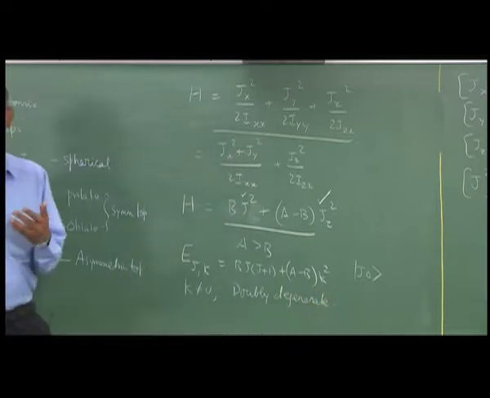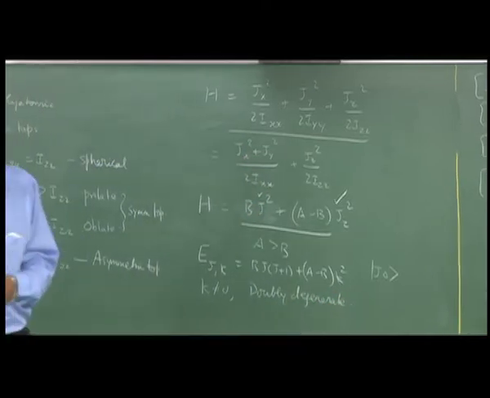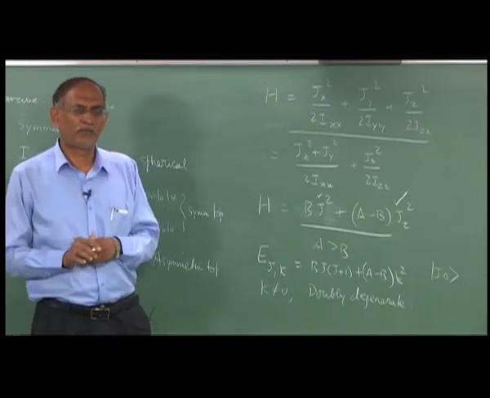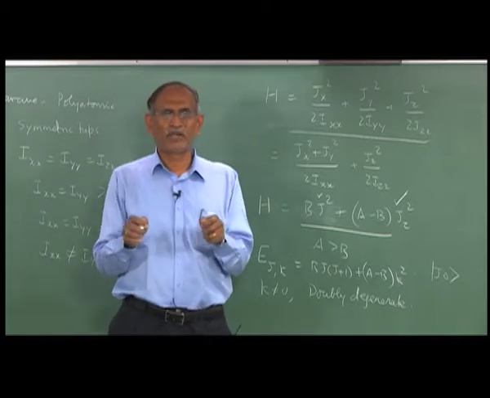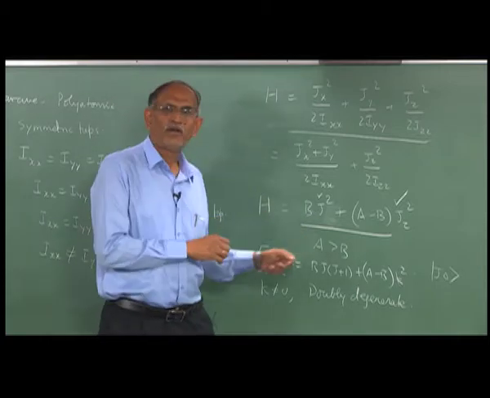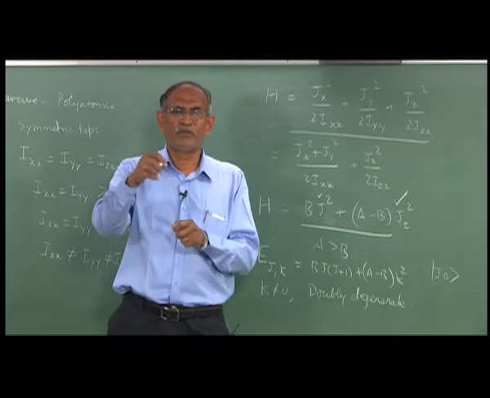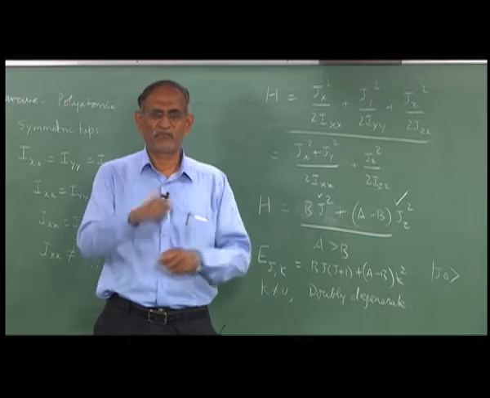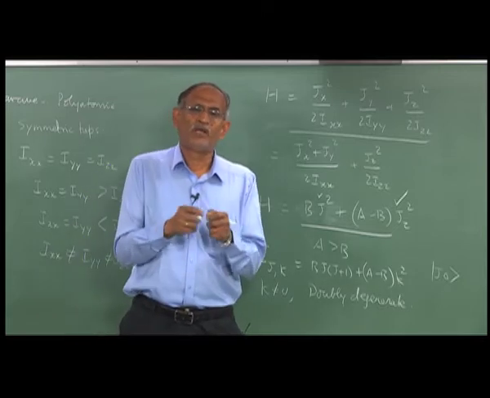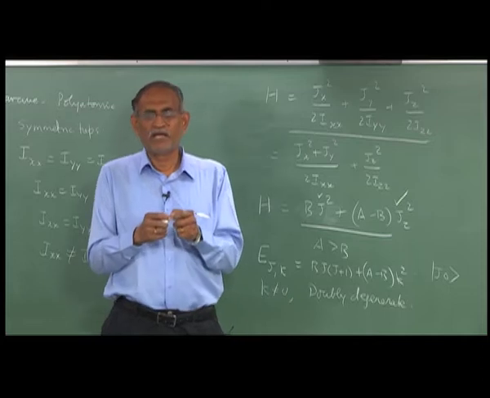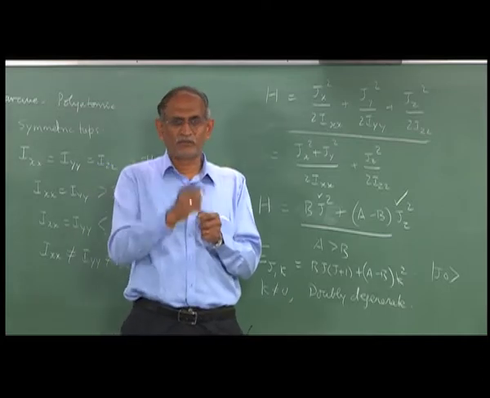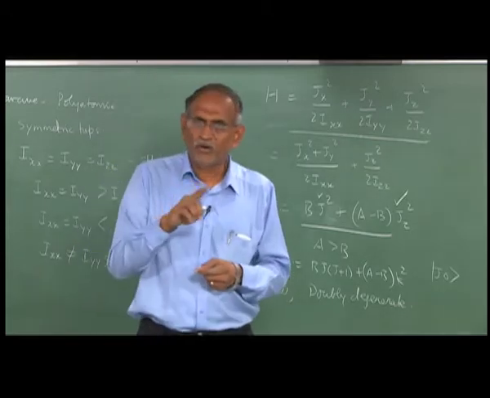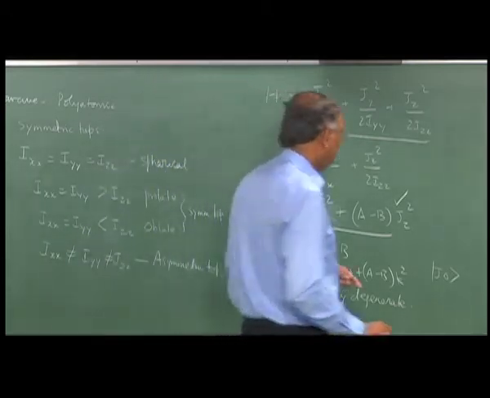And we also looked at the prolate and the oblate symmetric top, and here also it is important to note that the microwave spectrum is possible only if the molecule has a permanent dipole moment. But it is possible that the molecule has a dipole moment in an arbitrary axis, not along the z axis or along the x axis or y axis that you choose. Therefore, the dipole moment may have more than one component in the respective directions, leading to the fact that there are different selection rules, but all of them will involve delta j